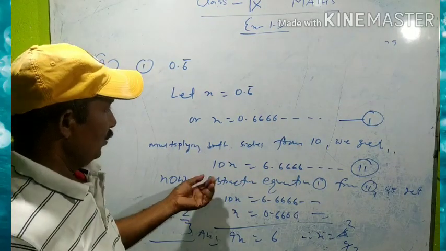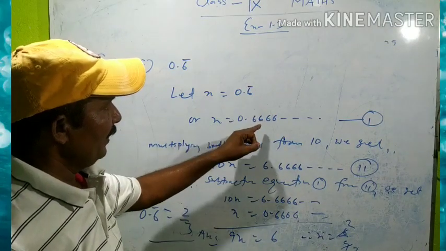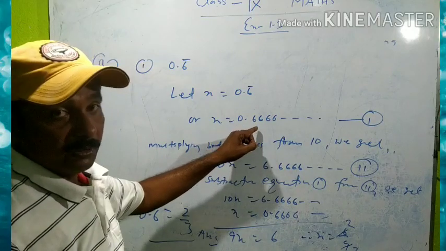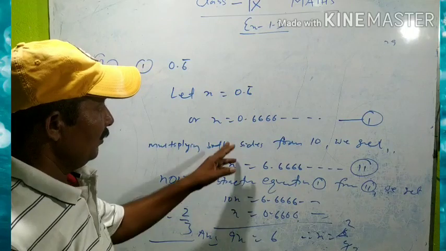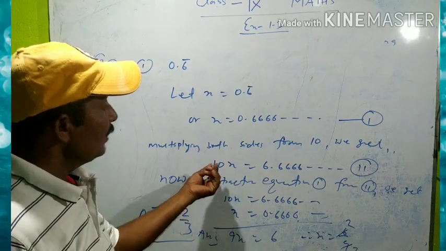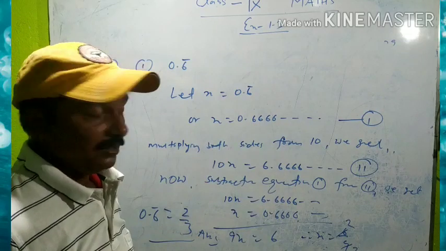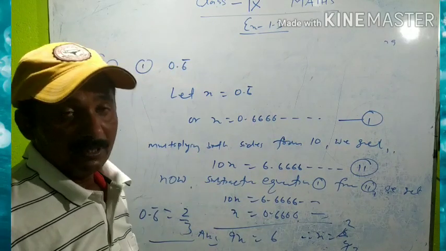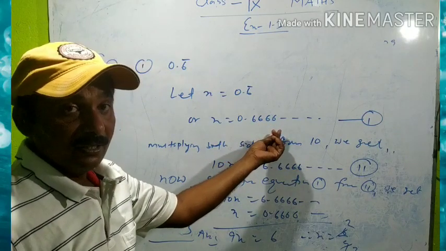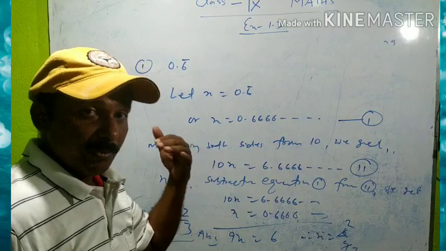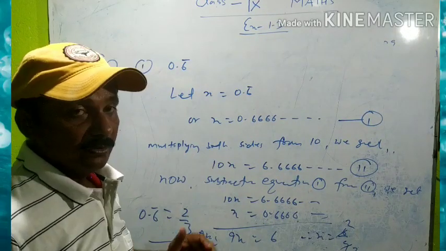Look here. Question arises here: why multiply by 10? Keep in mind here the number of repeating decimals is 1. If the number of repeating decimals is 1, that means 1 and one 0, by 10 you will multiply. If 2 repeated digits are there, then you will multiply by 100, 1 and 00. If suppose 3 digits get repeated here, then 1 and three 0s, means by 1000 you will multiply. So this is the way to multiply now from both sides.